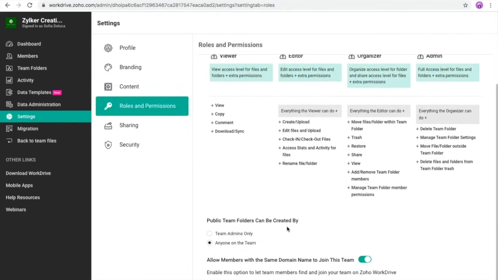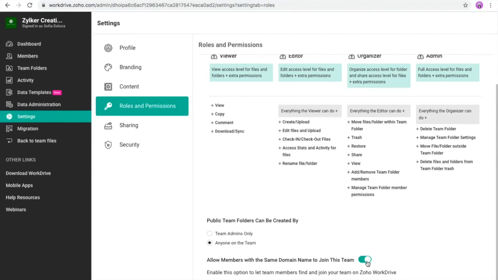And from here, you can decide whether you want everybody in the team to create public team folders, because at times it creates unwanted team folders and you end up using a lot of your space. And another interesting part is you can decide you want the same domain people to join your team. So the whole idea is to break silos in your organization.